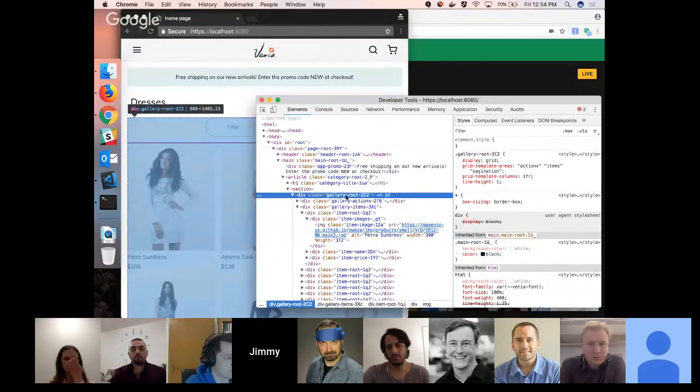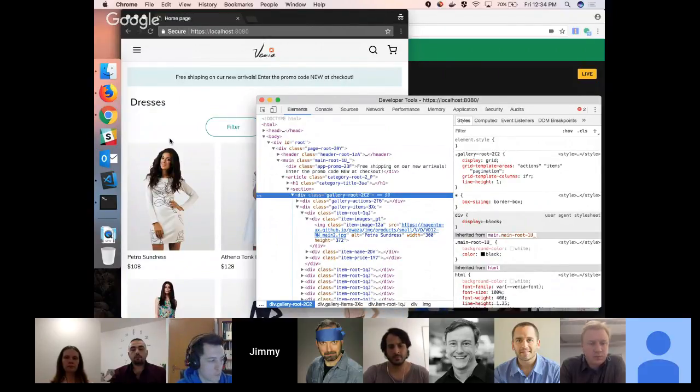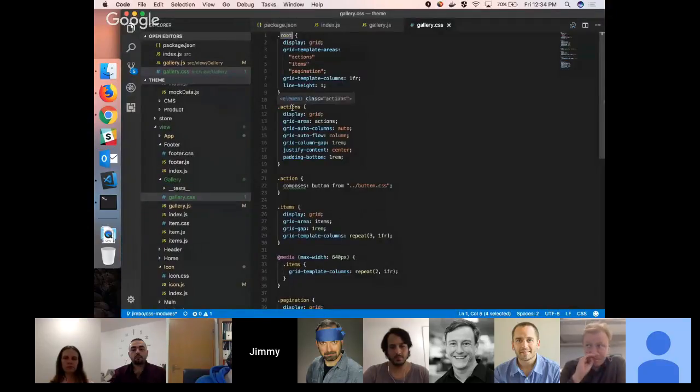More importantly, though, these class names are translated by the build system into something that's unique, which is called scoping. And that means that any component you write or any component you pull in from a third-party extension is going to have its own scoped styles. And so these names will never conflict with each other. So you don't have to write long selectors. You don't have to write complex, odd names. You can keep everything short and simple and not worry about collisions.